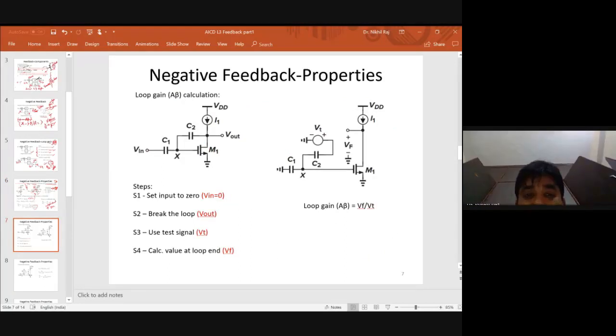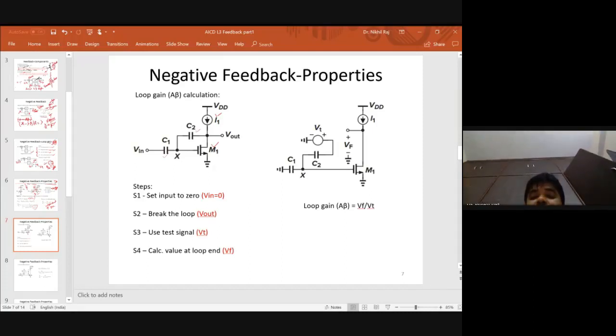So now again, this is the loop gain calculation of this particular circuit. Now we can see how to calculate the loop gain for this circuit. So this was the earlier circuit. Here, M1 and I1 is your feed-forward amplifier. C2 was sensing your current, and through C1 the voltage was generated, which was given back to M1 to produce the desired drain current.